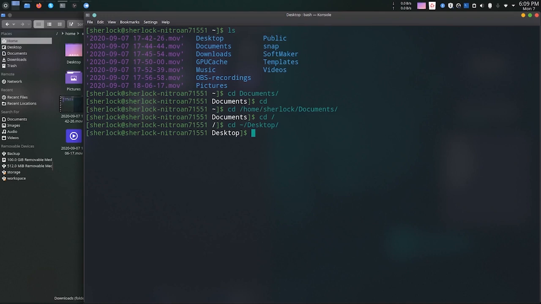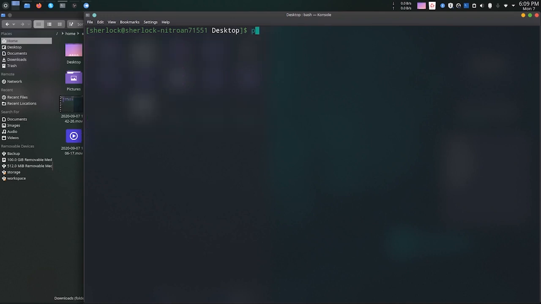Let us do a quick recap of what we have done. We have learnt pwd command, that is used to find the current working directory of the user. On typing pwd, you will get the current path.